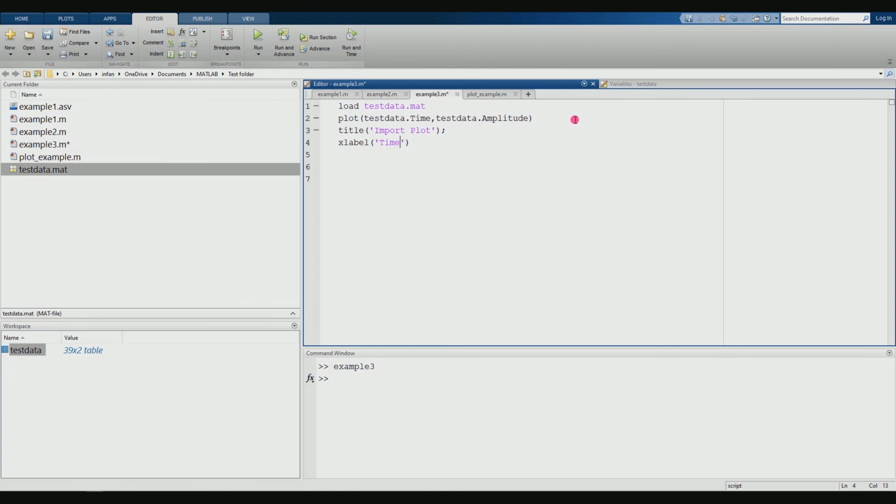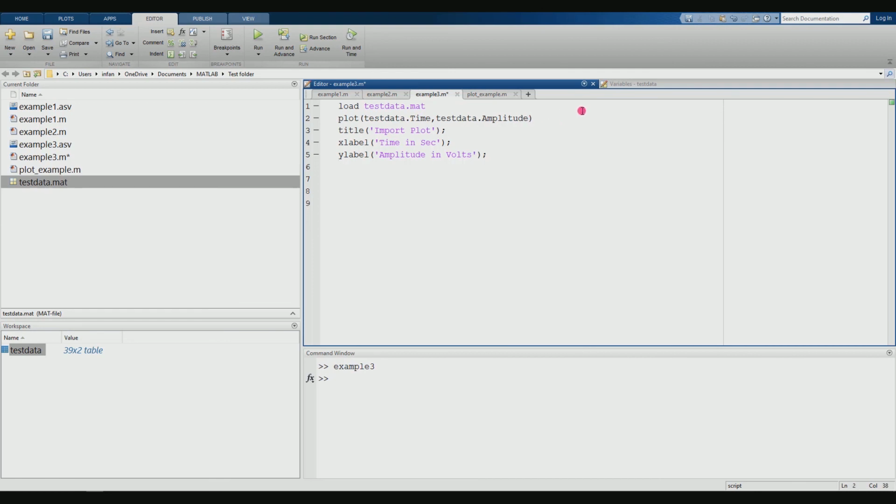X label is time in seconds. Y label is amplitude in, say, volts. Then there is no need of legend because it's only a single plot, so no need of legend.